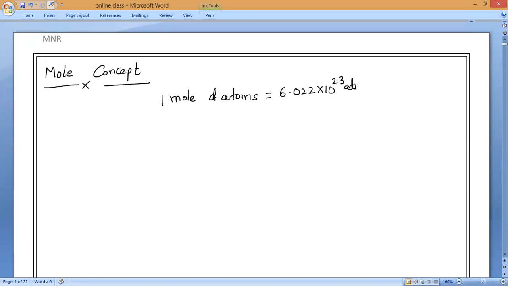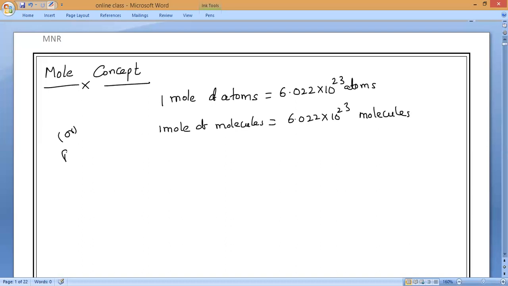atoms. So now, instead of atoms, if I take molecules, if I say one mole of molecules, it is also equal to what? 6.022 into 10 power 23 molecules. So now, whether I say atoms or molecules or particles, everything is equal